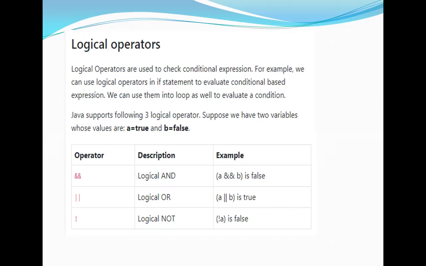Logical means there are many conditions. If all conditions are satisfied, then only you are going to allow. Or if one condition is satisfied, you are going to allow. That is based on your requirement. Based on your business logic, you need to build a condition. For that, we are going to use the AND operator, OR operator and NOT operator. You are clear? Or any confusion?